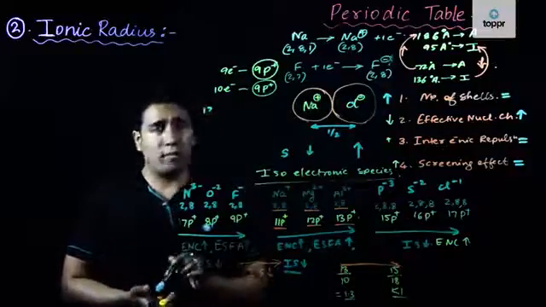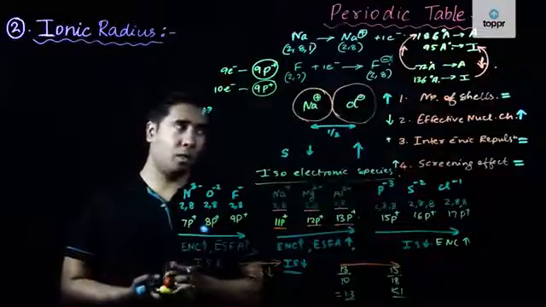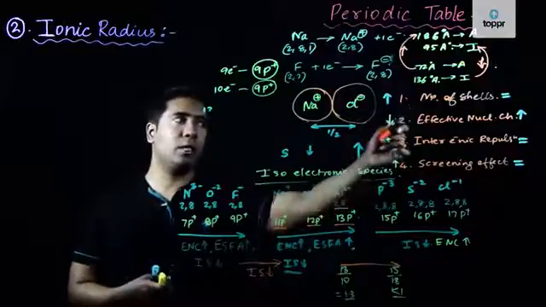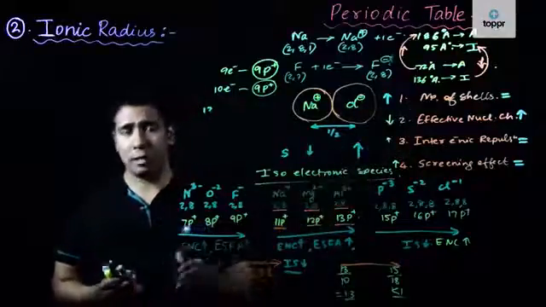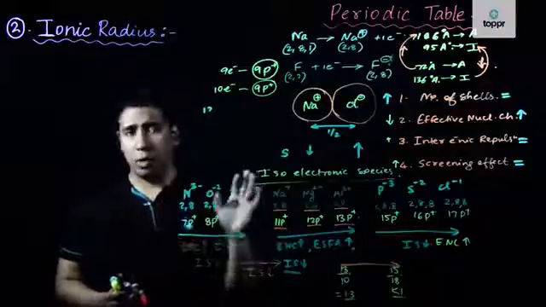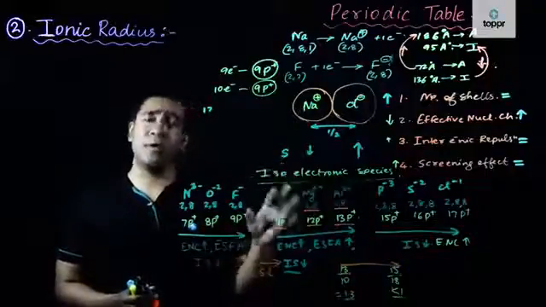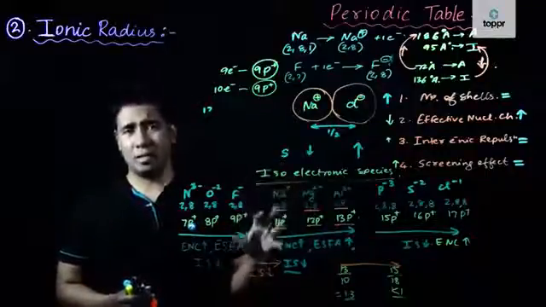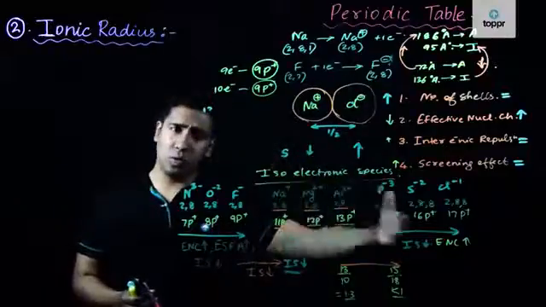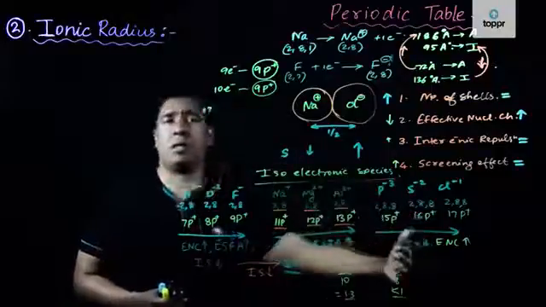The answer is actually very obvious for those people who have listened to me very properly up till now, because we know that once the number of shells, which is the most important factor, is towards one side, the entire game is over, because that is the most important factor which affects around 70 to 80% of the entire decision making process. So as we move from the positively charged ions to the negatively charged ions in the same shell,